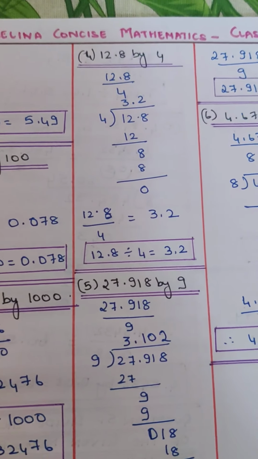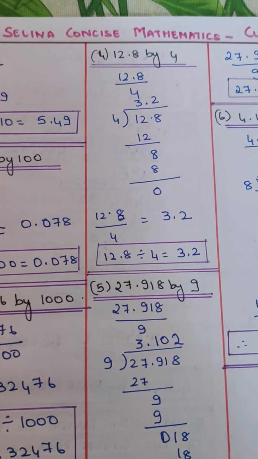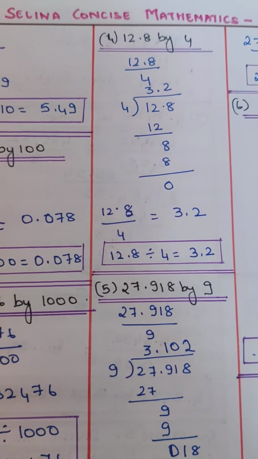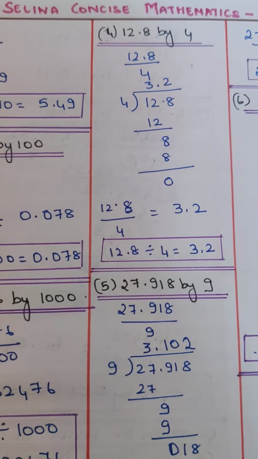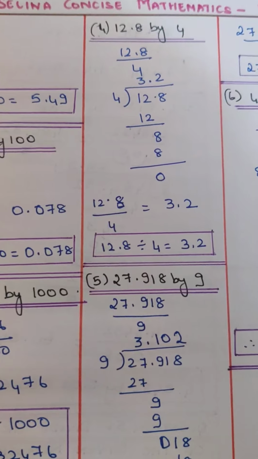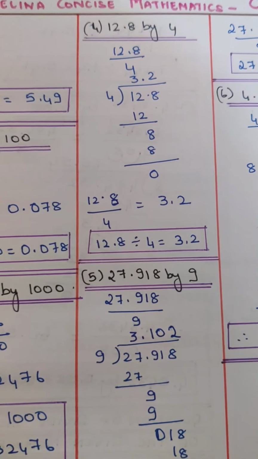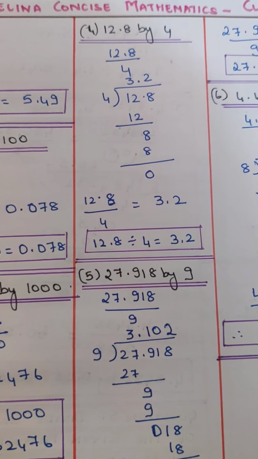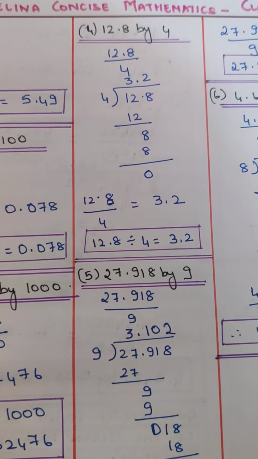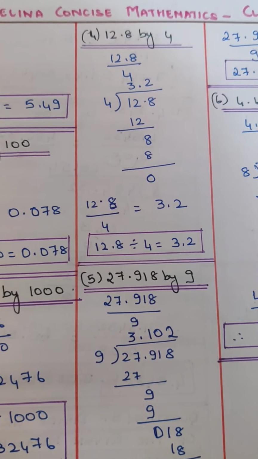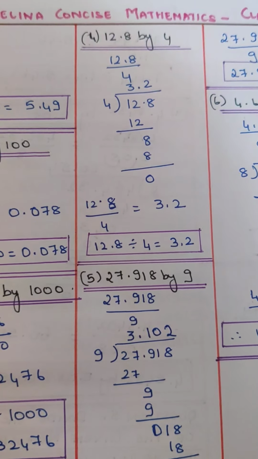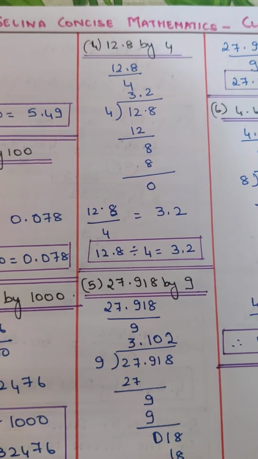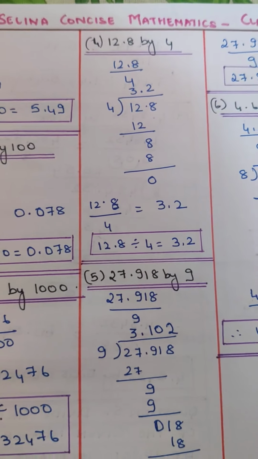Now it is 12.8 by 4. So we can write it as 12.8 by 4, and when you divide it, 4 3s are 12, and after 12 there is a point, so you put a point in the quotient and then you get the 8 down. 8 divided by 4 is 2, so it becomes 3.2. Therefore 12.8 divided by 4 is equal to 3.2. Just pausing for a few seconds.